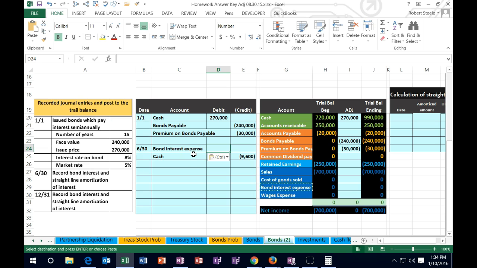We have another issue here, that issue being the bond premium on the bond. This $30,000 here, we need to amortize over the life of the bond. So we're basically just going to divide it out by the number of payments, and then